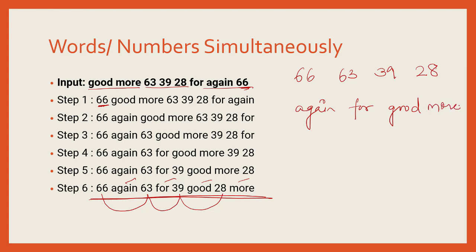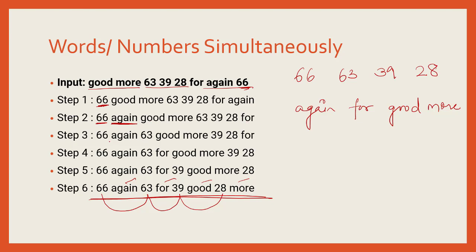And in the output string, I can also see one interesting pattern, that a number is followed by a word. Again we have a number, then a word, number, word. So in step 1, we are first arranging the numbers. We have brought the largest number to the left side. Rest all numbers or words are kept as they were. In step 2, we have brought the alphabetically first word forward. Again has come here. Rest are in order.